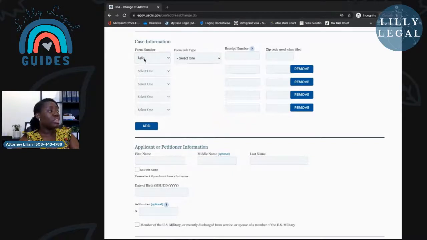And then if they also filed a work authorization that's still pending, once you put the receipt number and the zip code, it will allow you to add more forms that you need to update the address for. So you will then update it to include the 765. You can do this for basically all the forms that are on this list, including citizenship, removal of condition,